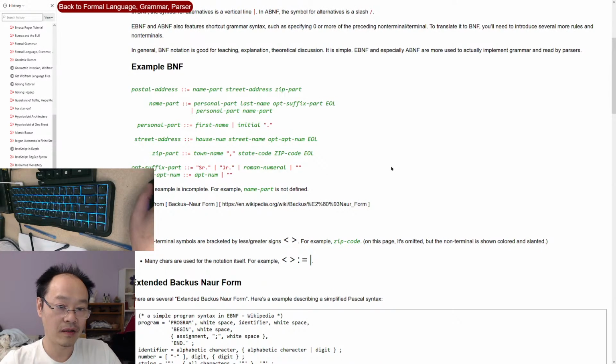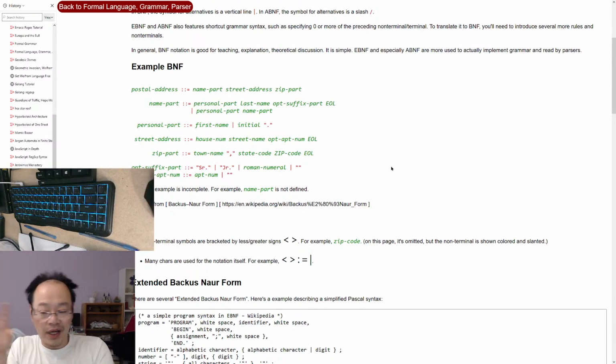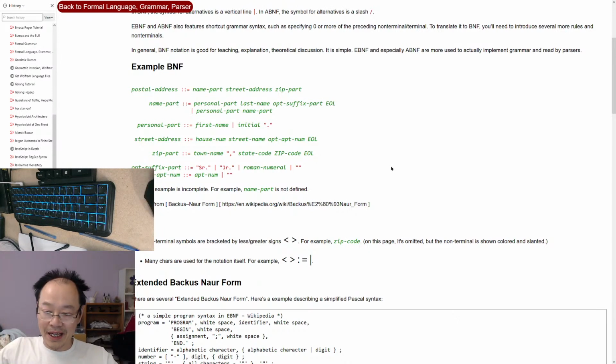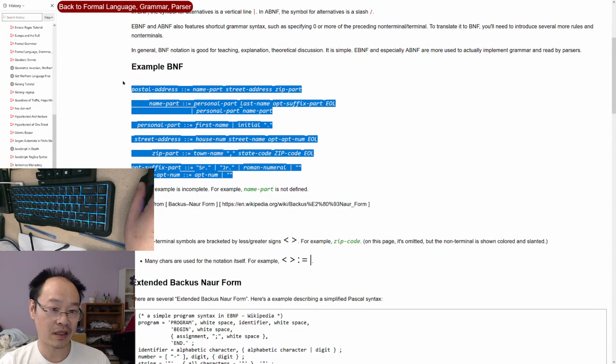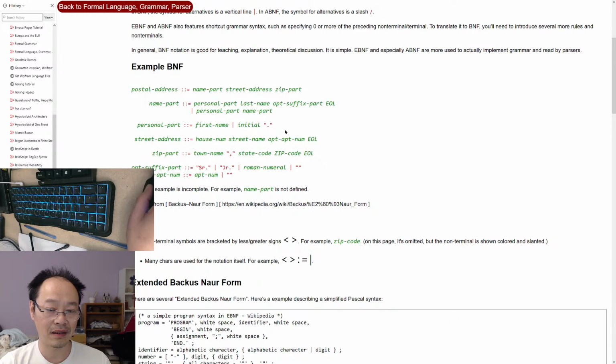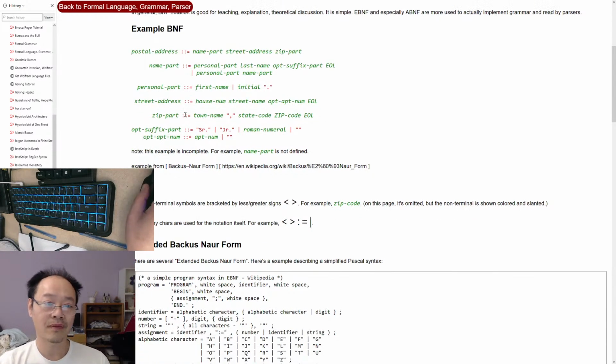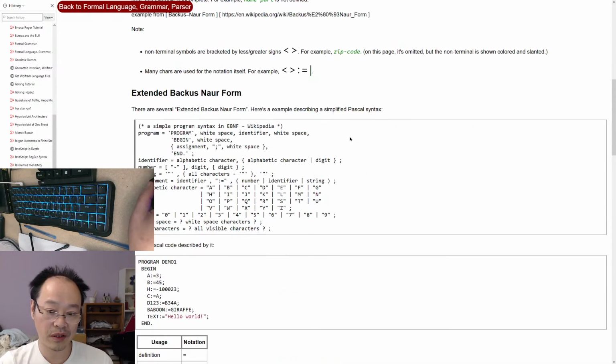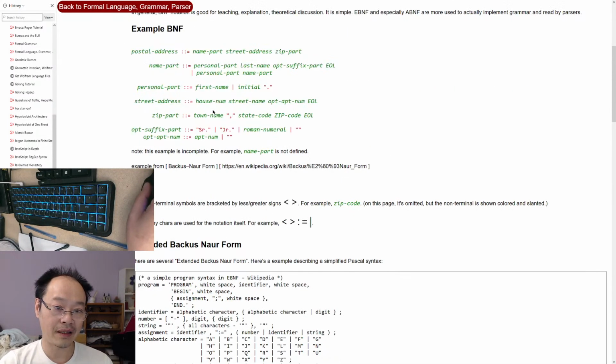So in short, if you want a regular expression that can match nested patterns, that's what they are. This is what you have. BNF, Backus normal form, syntax to match postal address, like a USA street address. You write it this way. And basically all programming languages have a grammar like that. You specify